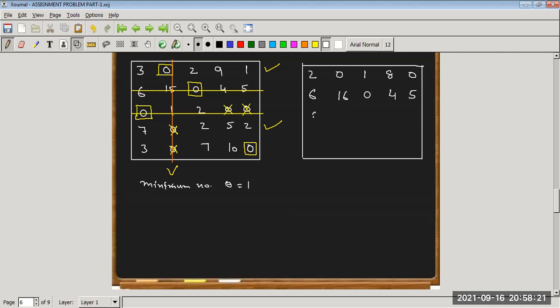In the next third row, 0 remains 0 because only one line is passing through it. But at this point, because it is covered by 2 lines, 1 plus 1 becomes 2. 2 remains 2, 0 remains 0, 0 remains 0. 7 becomes 6, 0 remains 0, 2 becomes 1, 5 becomes 4, 2 minus 1 is 1, 3 minus 1 is 2, 0 remains 0, 6, 9, and